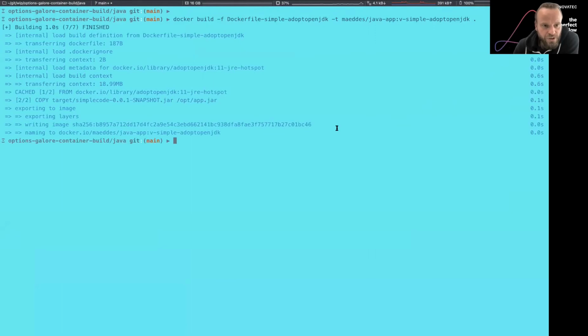If you've used Docker earlier on, you will notice that the outline and the output of the build will be different to what you've seen before.